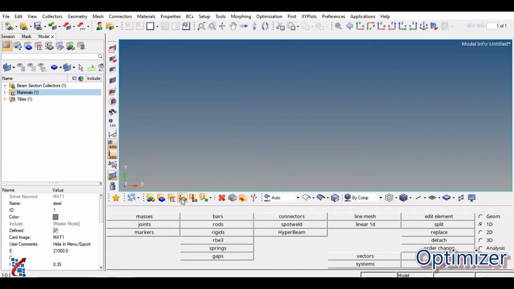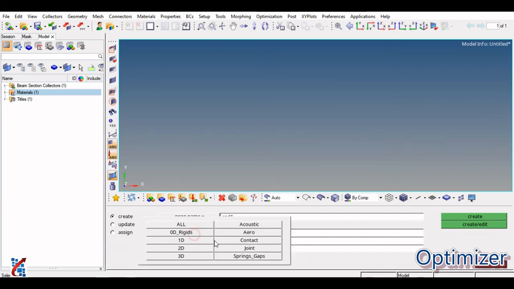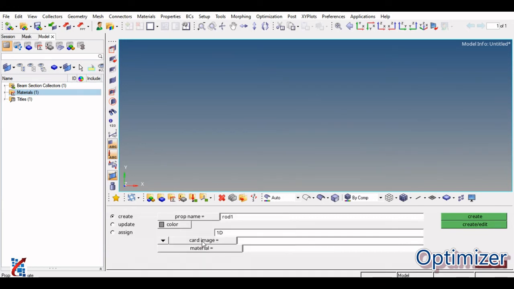For defining the property, again you need to use the collector toolbar. On that, click on property. Here again we are going to use a rod element, so we define Rod 1. For type you need to select 1D, as this is a 1D element. For card image, here we are going to use a rod element because this is a uniaxial compression problem.